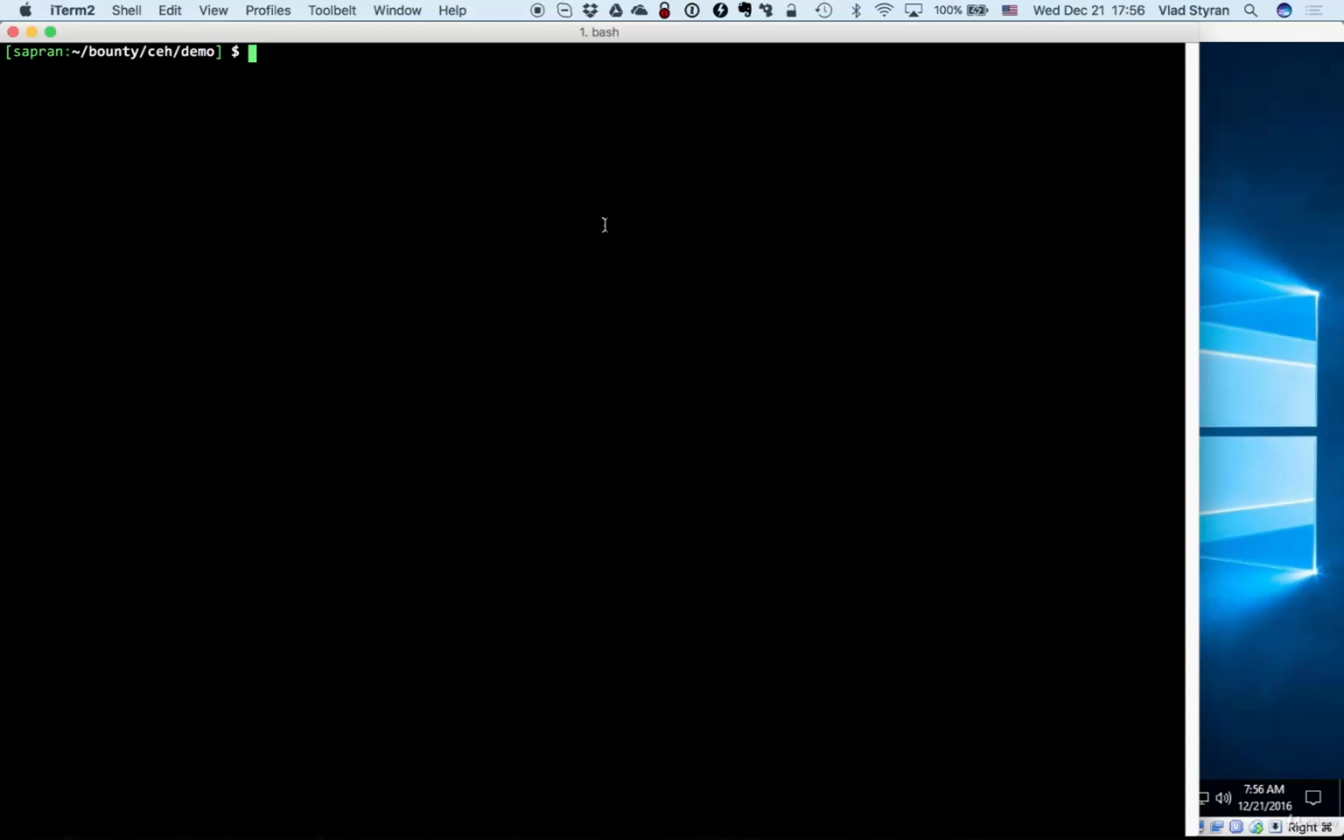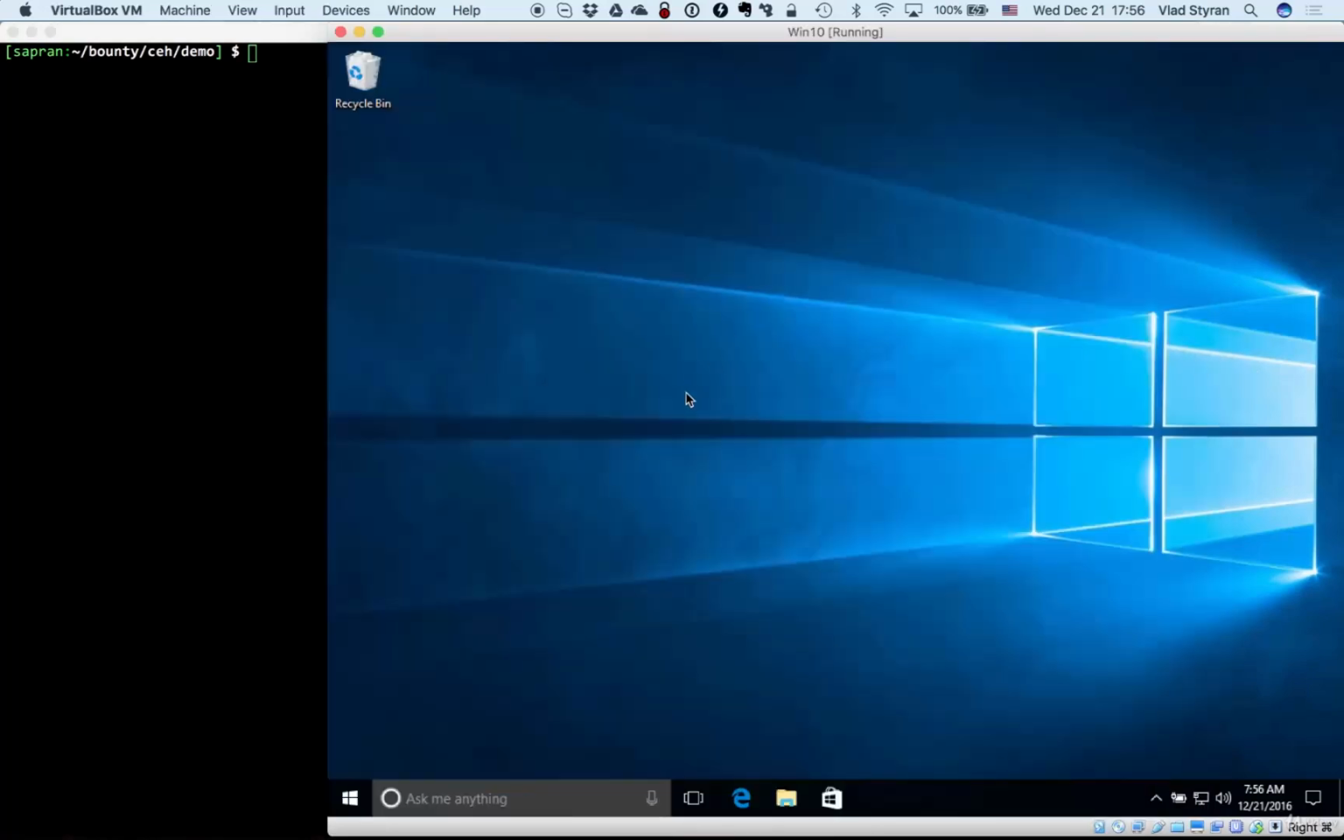Okay, so let's now do some sniffing. Let's try to intercept a portion of traffic from a host that is not ours. I have prepared a separate, fully patched Windows 10 machine that is doing some network activity. I don't know, let's just